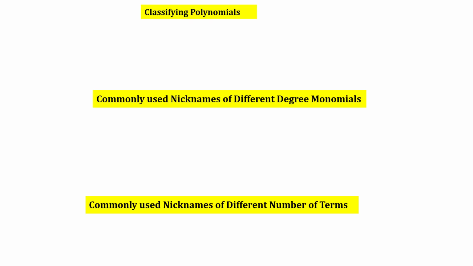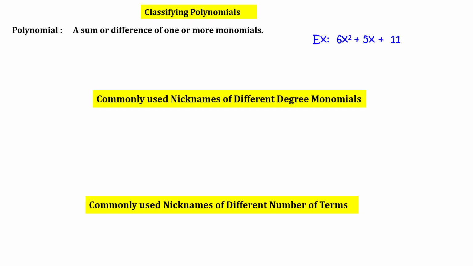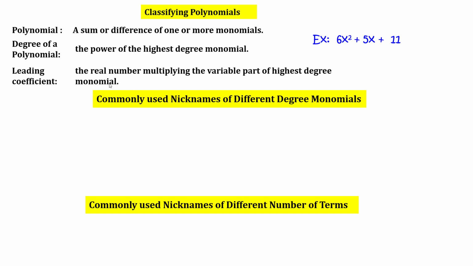All right, so let's review classifying polynomials. If you remember, a polynomial is a sum or difference of one or more monomials. So this is an example of a polynomial. 6x squared is a term, 5x, and then 11, and then they're all being added. The degree of a polynomial is the power of the highest degree monomial. So the degree of this polynomial is going to be second degree, because that's the highest power. Leading coefficient is the real number multiplying the variable part of the highest degree monomial. So the coefficients here are 6, 5, and 11, but 6 multiplies the x squared term, so 6 is the